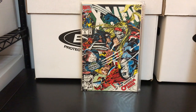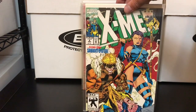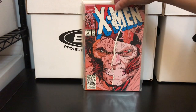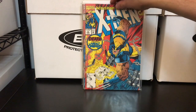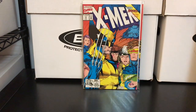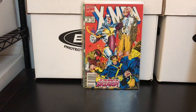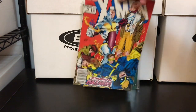I remember thinking Omega Red was pretty scary when he came out. His, basically sucking the life force out of people. I was like, oh, I don't even know how they're going to beat him. Is he too powerful? But he's not. On these early issues here, I forget what issue he dropped off on, but